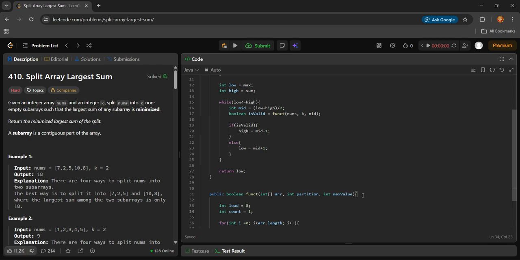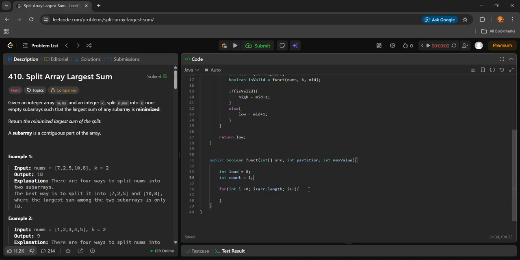It will be initialized to 1 as the first partition will always start, it will require at least one partition to get the entire array, considering the array is not empty. So we check if our load plus array's i value is greater than our allowed value,